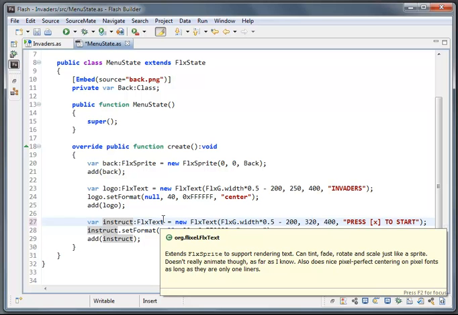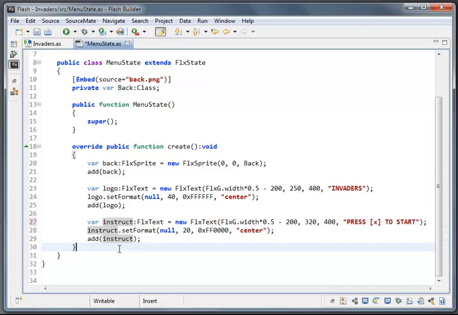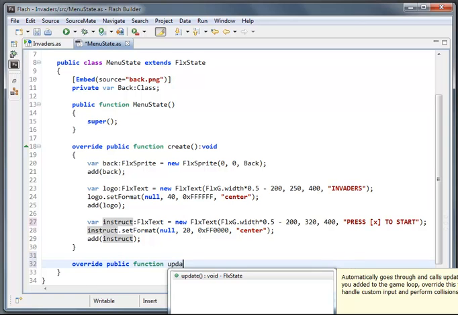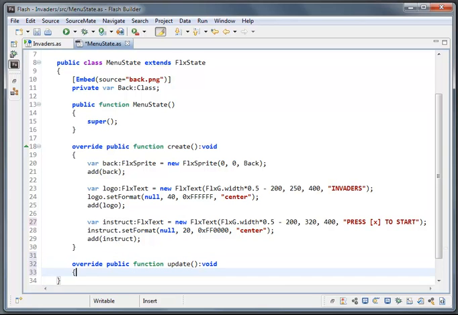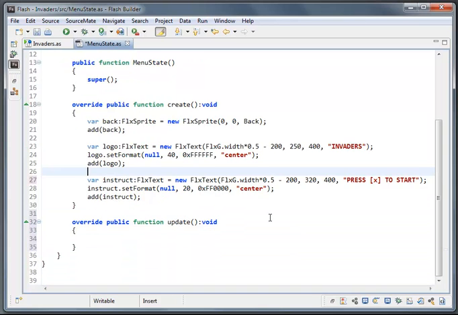Now how do we actually detect for when the X key is pressed? Well, another function you're going to override all the time, very important function, is called update. So this function is essentially called whenever your content in